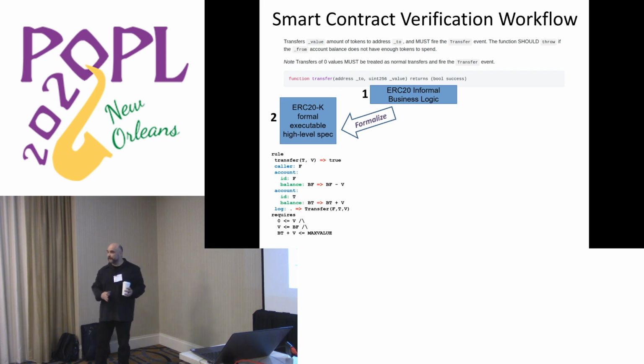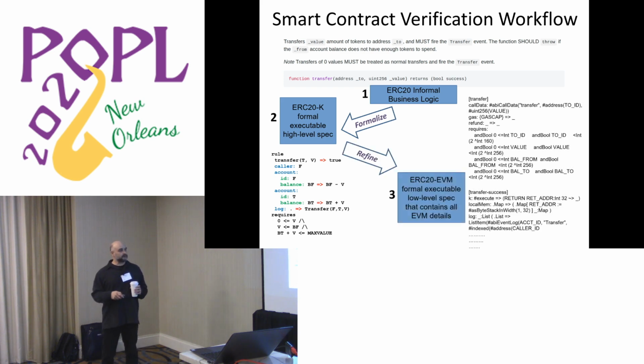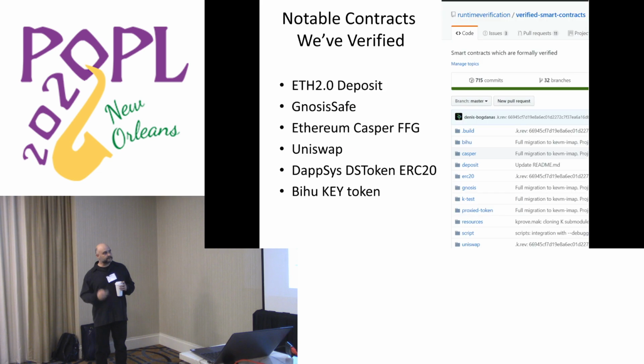This is a K rule, exactly the same kind of rules that I used to define semantics. So exactly the same rules, you write properties in them, and they're executable too. Right? And then you take the binary, and there is a translation process. You have to translate this to the bytecode level, and this is semi-automatic, unfortunately, yet. We like to automate it completely. Yeah, so you get this ugly from this beautiful, but that's life currently.